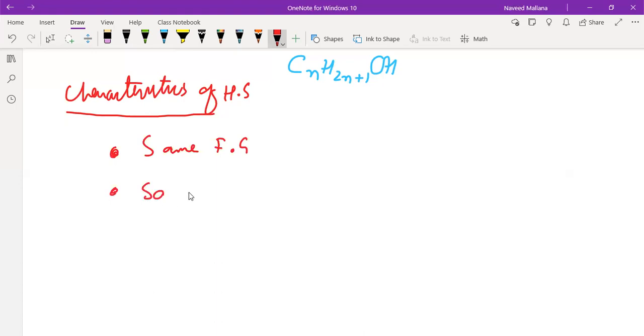It means same chemical properties. Number 3, physical properties